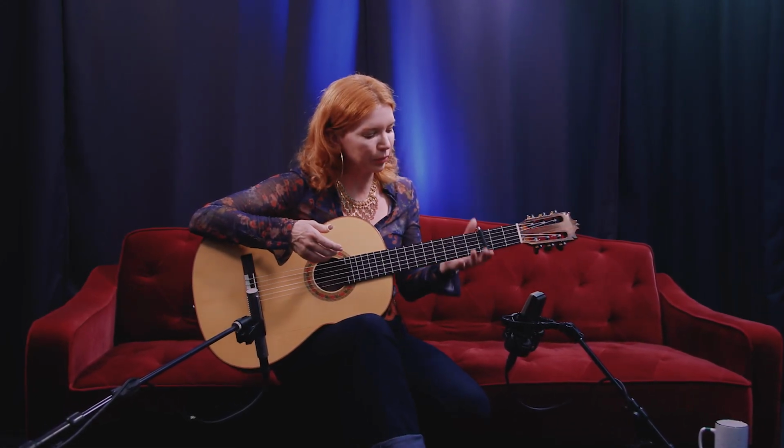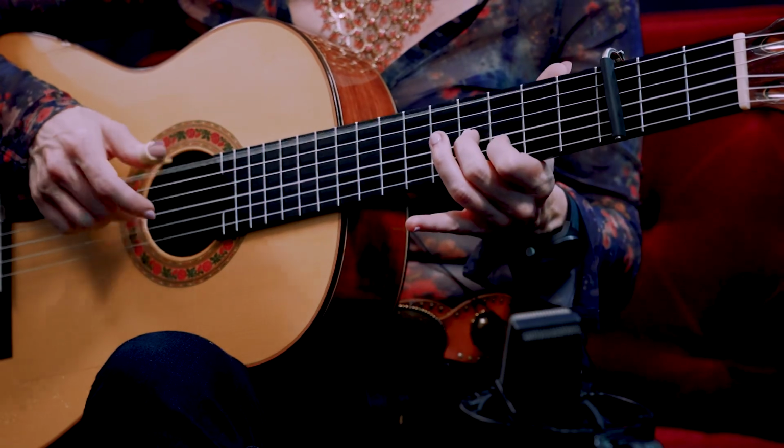Generally you don't use picks on these guitars, but I just kind of did my own thing. I've got my thumb pick on, I played blues on it, I'm using a capo, which a lot of flamenco players do use a lot of capos. You can also,